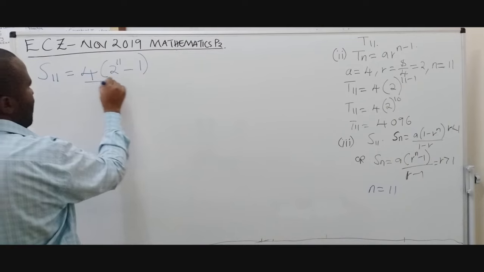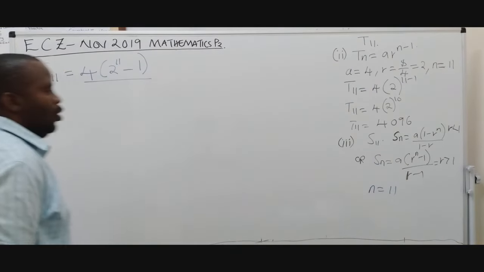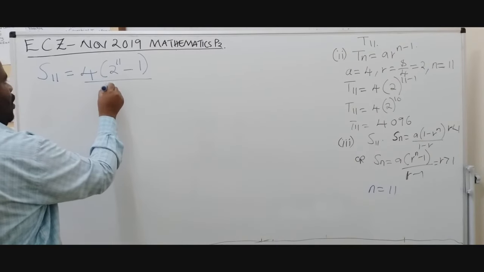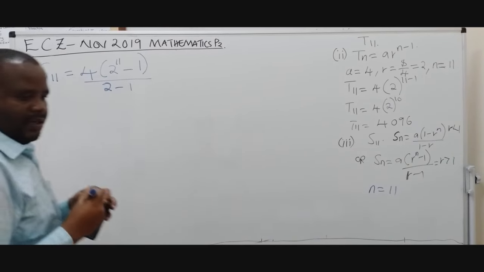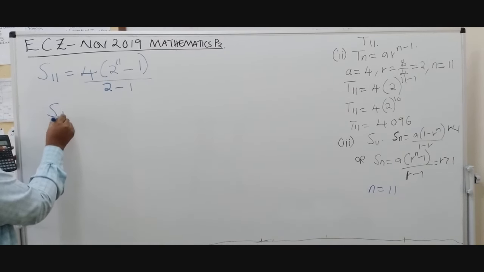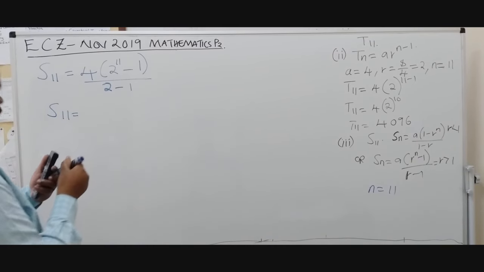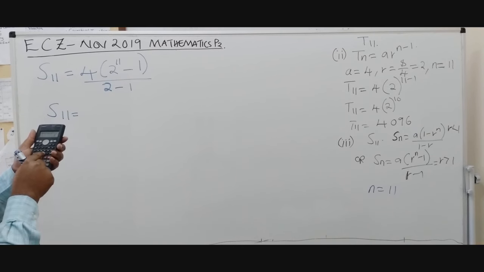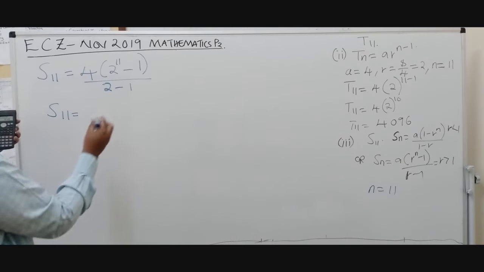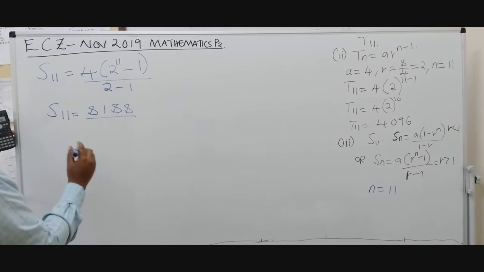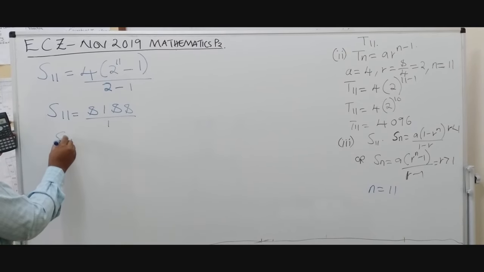Everything here you divide it by r minus 1. So what is our common ratio again? Our common ratio is 2. So we'll say 2 minus 1. That is how we are supposed to get that one. I hope the substitution is okay. Alright? Okay, so we are saying the sum of the first 11 tens is equal to, so you can use your calculator there. You say 4, open the bracket, 2 to the power 11 minus 1. Alright? So when you compute this, you are going to get 8,188. This will be divided by what? 2 minus 1 is a 1. Alright? So the sum of the first 11 tens is going to be